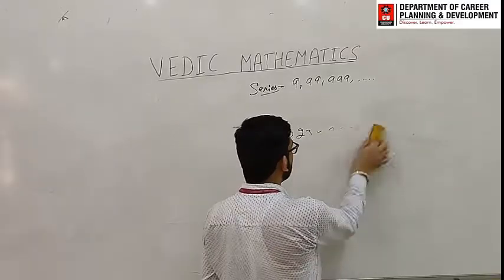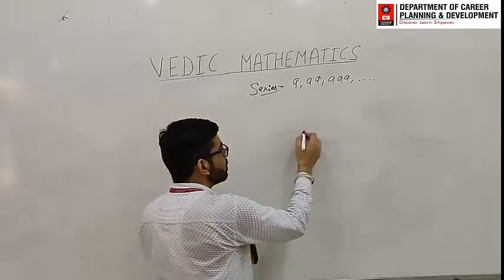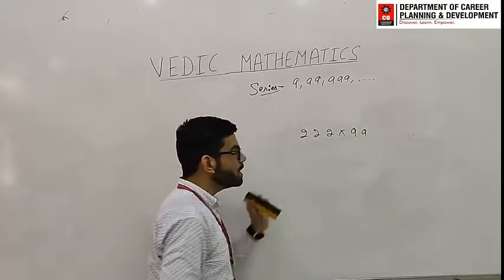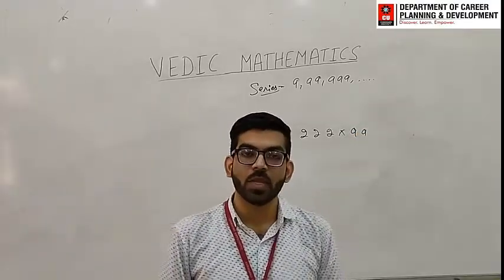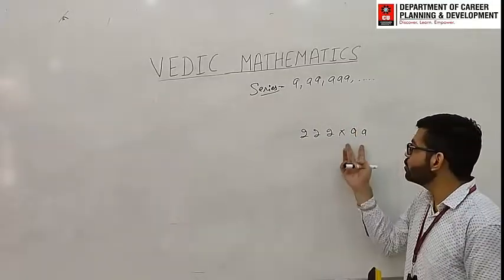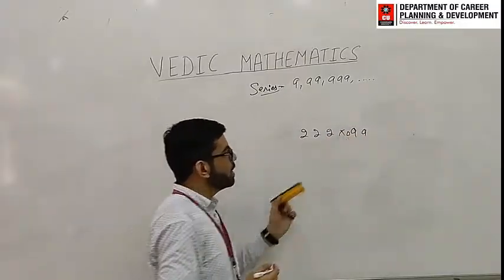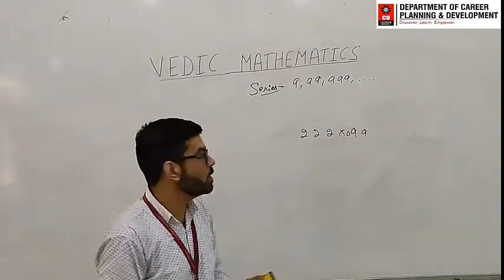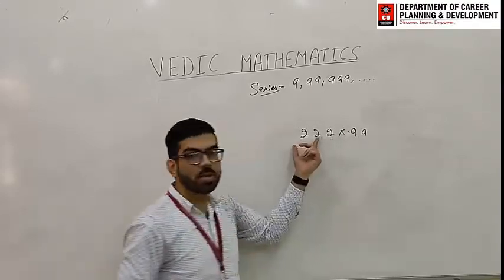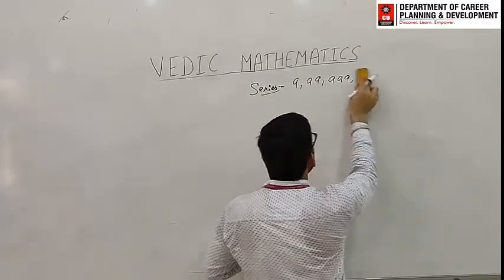Okay, let's see the last case of multiplication with a series of 9s, when the number of 9s is less than the digits. That means suppose the number is written as 2 and here there are 2 9s. In that case we cannot apply this trick, just because the number of 9s is less than the digits. Again I have told you that the number of 9s should be the same as the digits. That's why we cannot put 0 over here, because when you put 0 over here, this will not make it a series of 9s. So if the number of 9s is less than the digits, then this trick is not applicable. I hope this one is clear.